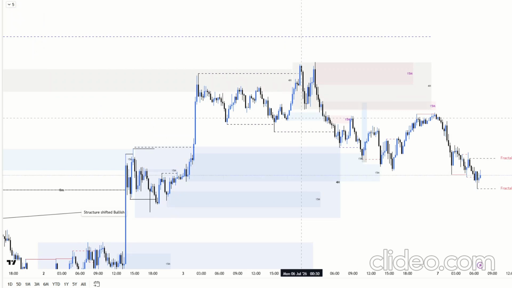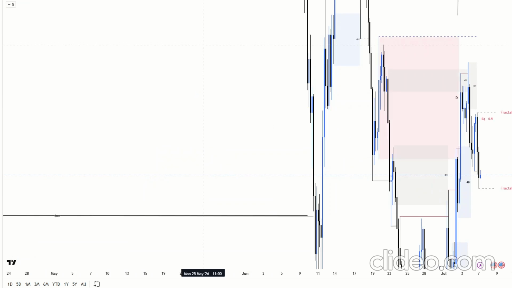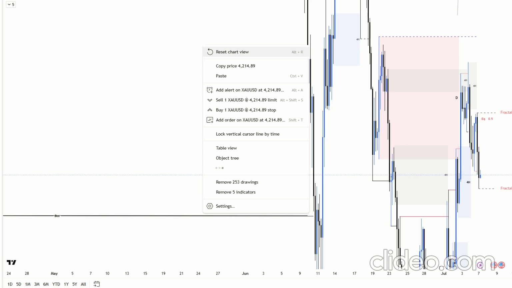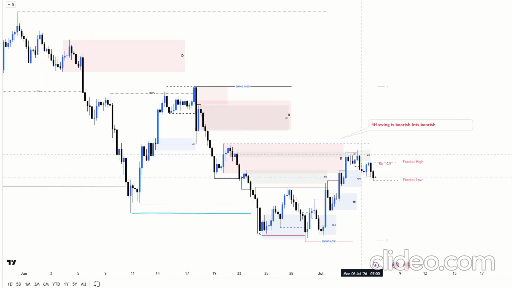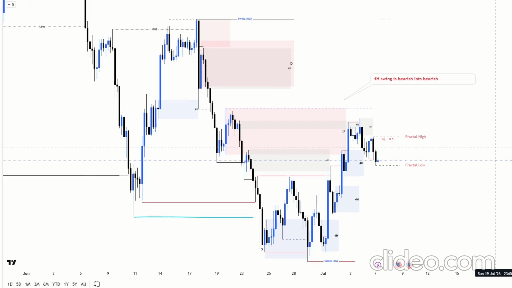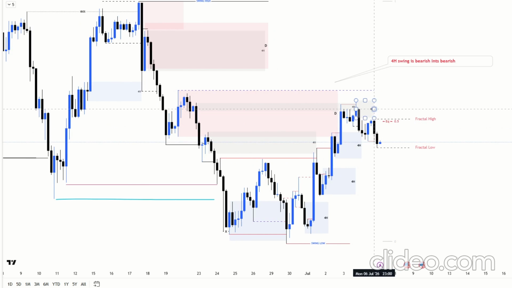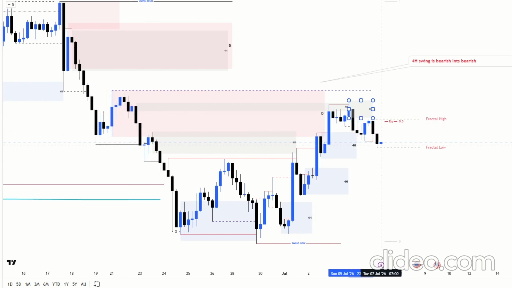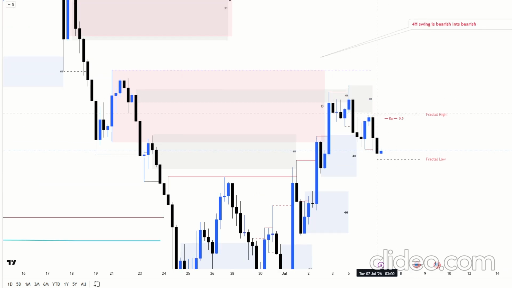On gold, 4 hour again. As we said yesterday, we're likely to be bearish from this 4 hour supply. It was never mitigated, but price played out to our expectation. Meaning gold may be bearish,